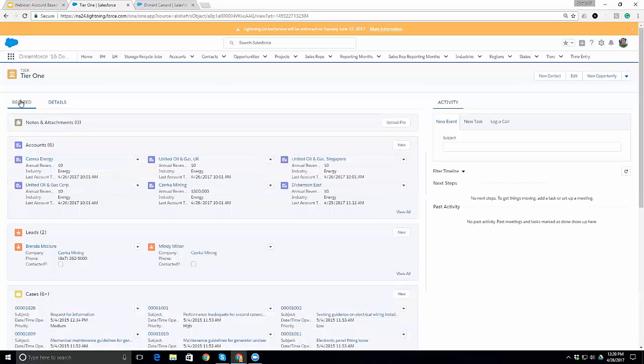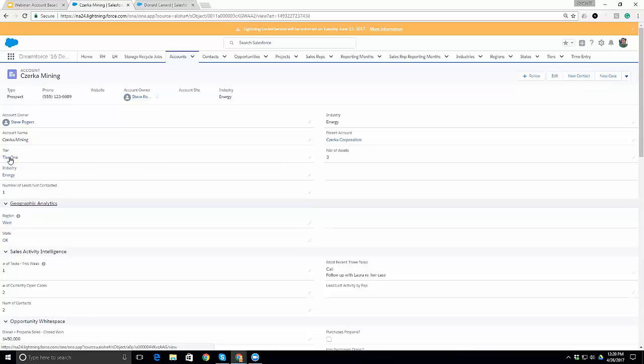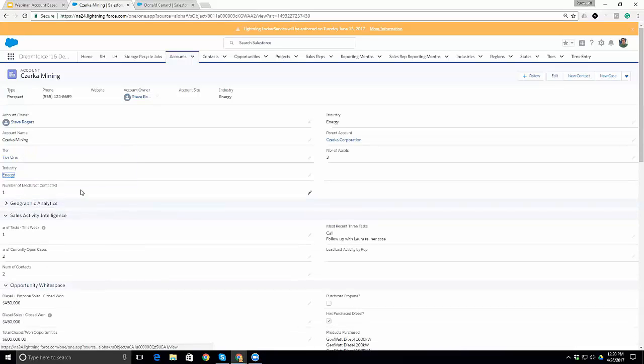Then if we go and take a look at one of our accounts, you can see the lookup fields we have going to the tier and to the industry. And then rolled up information, number of leads that have not been contacted. And so then, you might want to build some workflow that notifies a manager if you have a certain number of leads on an account that haven't been contacted yet over a certain period of time, so you can make sure those follow-ups are happening. Also might be information that's needed in your marketing automation so that you know what needs to be sent out and when.